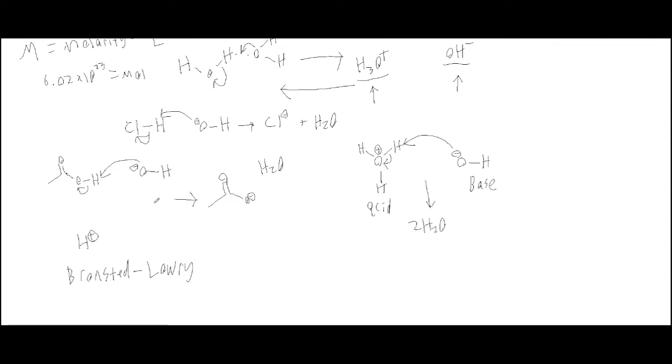And this tendency to give up a hydrogen is something that chemists like to put a number to. It's a number that says how likely this is to give up its hydrogen, how likely this is to give up its hydrogen. And that number is what's known as the pKa. And the lower this number is, the more acidic something is, the more likely it is to give up